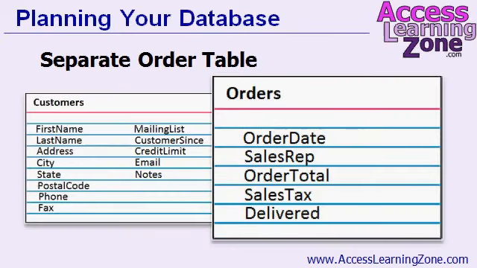In the order table, you track the details for those orders: the order date, the sales rep, the order total, the sales tax collected, whether or not it was delivered, and so on. This information gets stored in a separate table because now there's no limit to the number of orders that each customer can have. They may have no orders. They could have 50 orders. Whereas before, if you set the order fields inside the customer table, you're limiting the number of orders for each